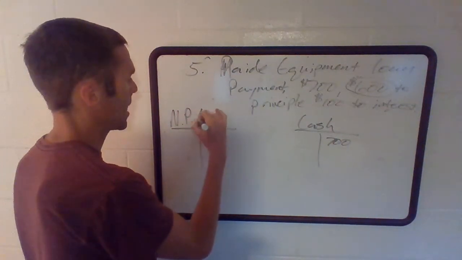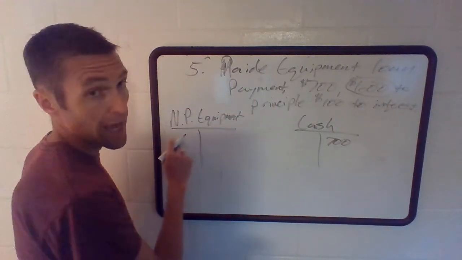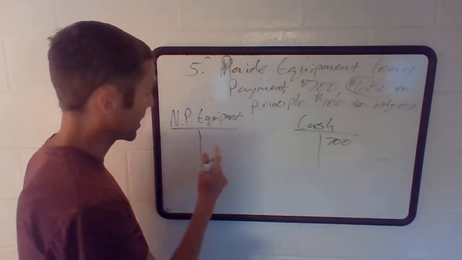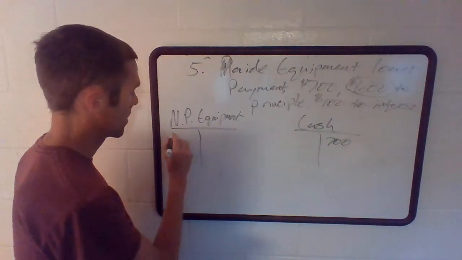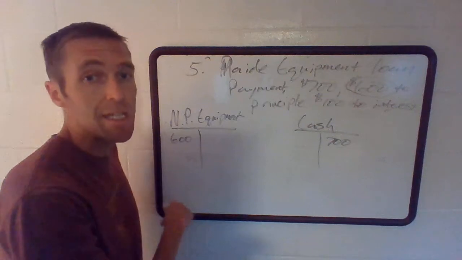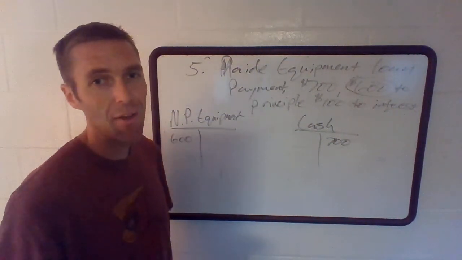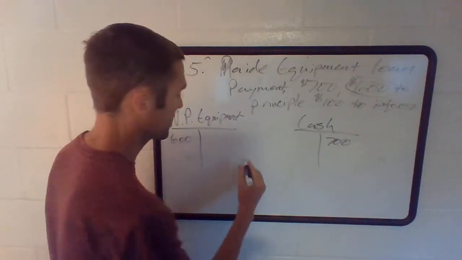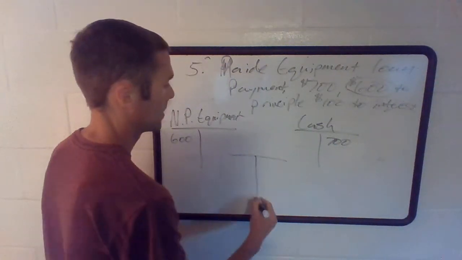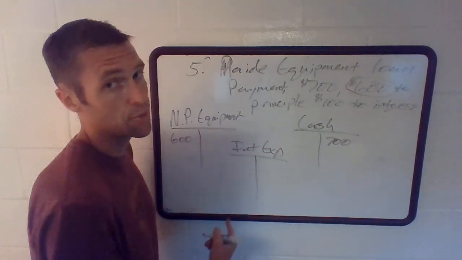So we had that note payable equipment from number 4 that had a $40,000 credit balance over here, we're going to lower that by $600. And we're going to keep lowering it until there's nothing left. But we have $100 left out there that's not balancing us. Interest expense,